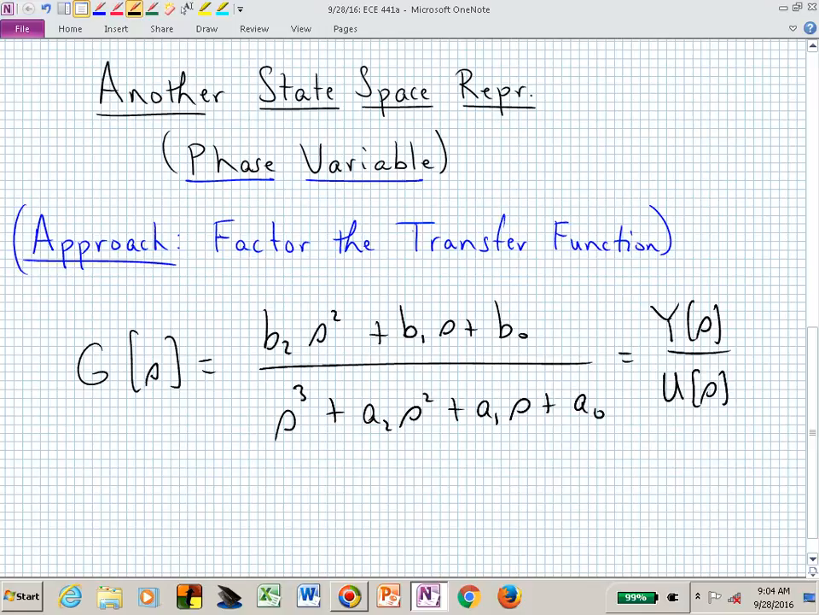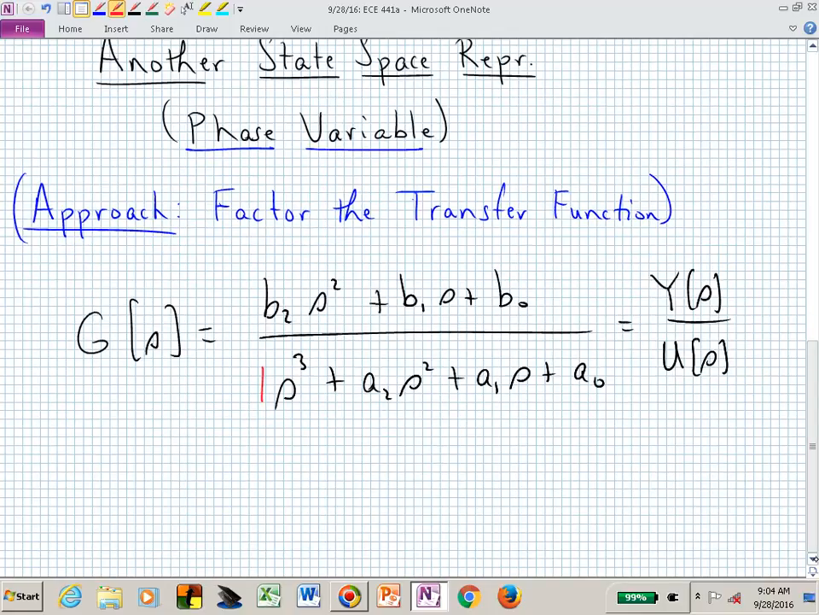But we've actually normalized the denominator, so this is a monic polynomial in the denominator. There's a 1 sitting out here, and if there wasn't a 1, we would factor out that leading coefficient and push it upstairs. We would divide all of our numerator coefficients by that constant, and that would produce this monic transfer function. What we want to do is factor